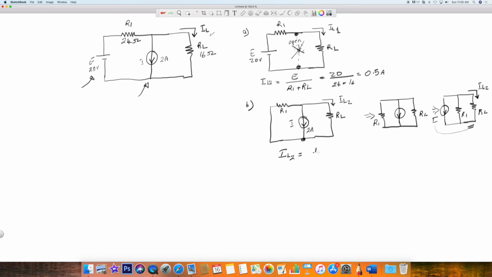okay, will be equal to the main current times the other resistor, right, divided by the sum of the resistors. Okay, so R1 plus RL. Okay, so that would give us 2 amps times R1, which is 24, divided by 24 plus 16. And that's going to give us, now remember,